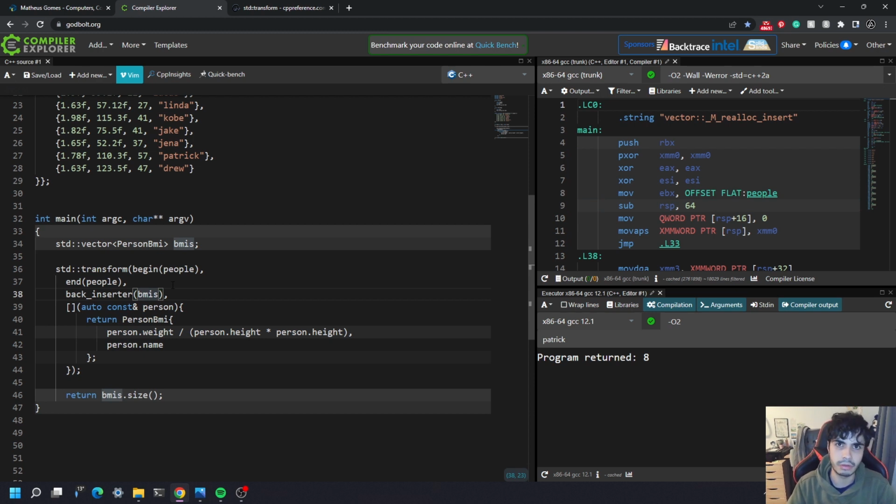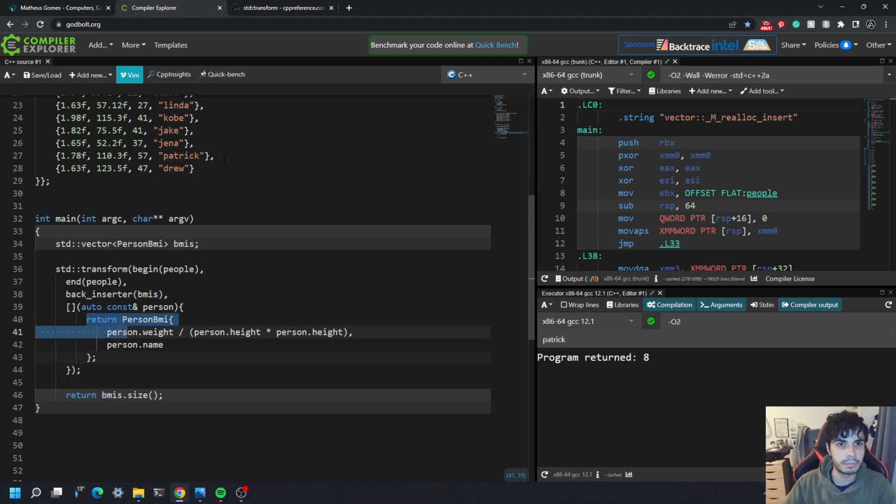And it's very simple to use. I'd recommend you try it out, because it's a function that comes up quite a lot in many different problems. So whenever you've got a vector that you want to change into something else, you're probably going to be using transform here. You could, of course, write this as a for loop, either a raw for loop or a range for loop. Both will do the same thing, but transform will keep your code, in my opinion, a little bit more readable, because as soon as I look at it, I know exactly what you're doing. You're transforming the elements of people and inserting them into this destination array here, and that conversion function, if you call it, is going to be whatever your lambda is doing.